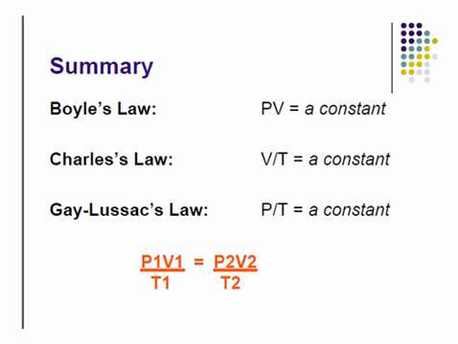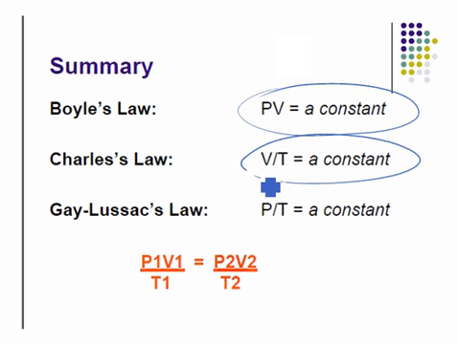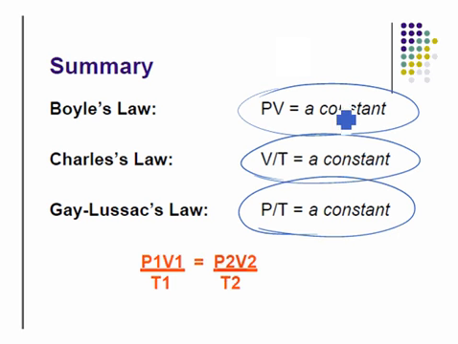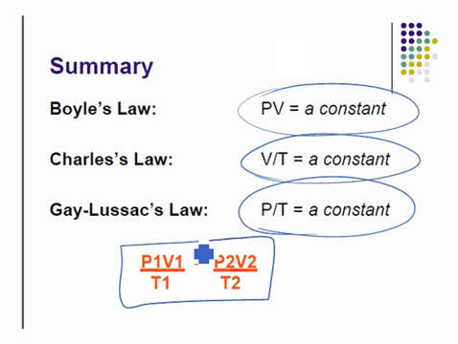So to summarize, so far what we've done are 3 laws. We have Boyle's law, we have Charles' law, and we have Gay-Lussac's law. Basically, pressure and volume, you get a constant. You get your volume over temperature, you get a constant. You get your pressure over temperature, you get a constant. So now we can actually combine all of them nice and neat into this little useful formula, and we will talk about that